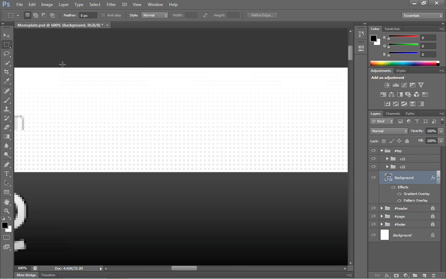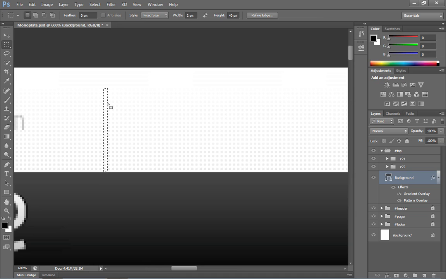So what I'd like you to do with the rectangular marquee tool selected, inside the options bar, go ahead and set the style to fixed size and set the width to 2 pixels and the height to 40 pixels. Once you establish the width and the height, you can come over and click to create a selection. Now, my selection isn't placed correctly, so I can use the arrow keys on the keyboard to move it around. What you want to do is select one column of the grid pattern and one column of